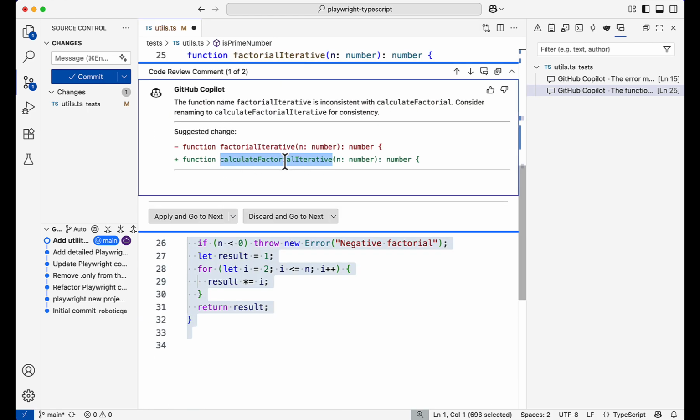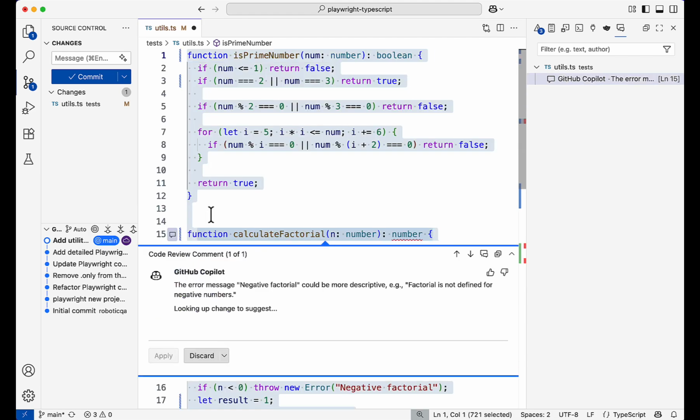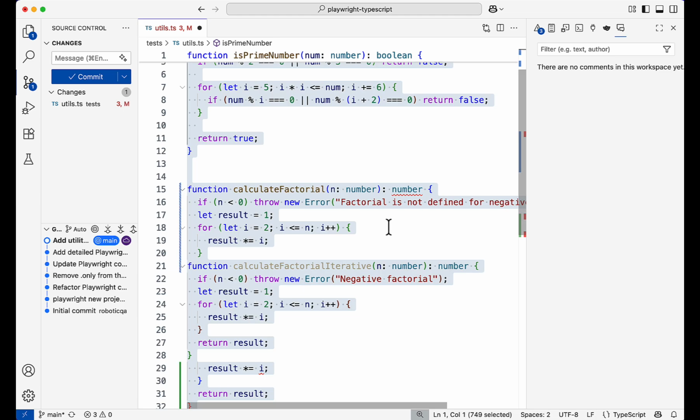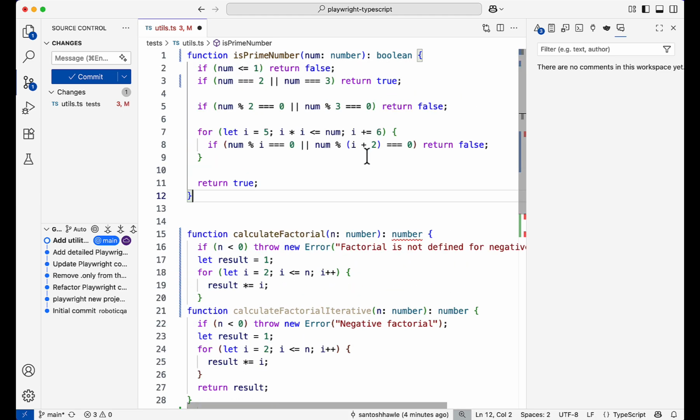So this also, if you see, it changed the name. The function name factorial iterative is inconsistent with calculate factorial. Consider renaming it. So let me rename it. Now one issue is pending, and here also it is saying the message could be more descriptive. So to apply and change, and let's see how Copilot is able to do all the things for us,